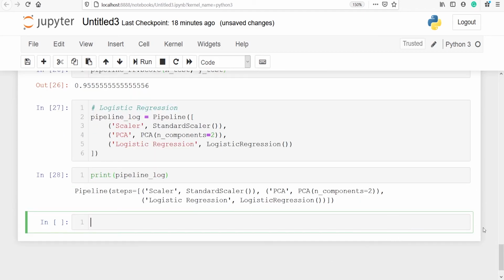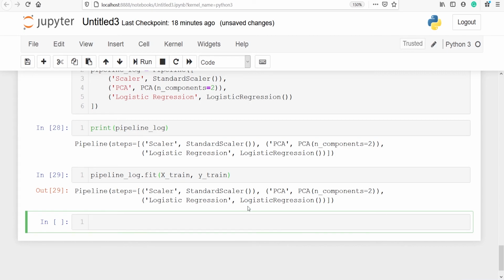In the output, you can see that now we have standard scalar. We have also applied principal component analysis, and then we have applied our logistic regression algorithm. So in the pipeline, you can define as many steps as you want. Now let's fit this. We will say pipeline underscore log dot fit, and we are going to fit on X train and Y train.